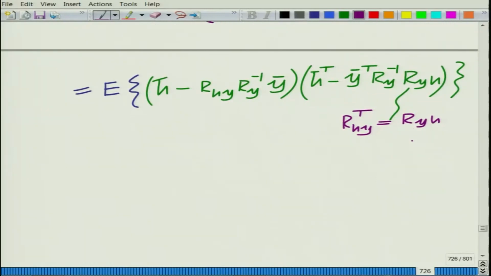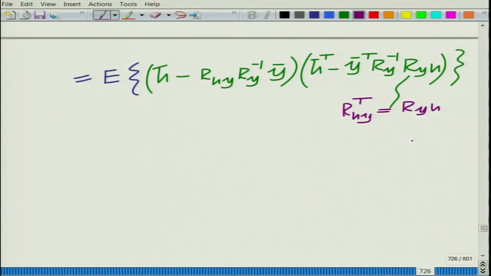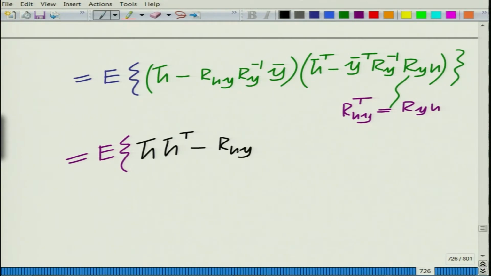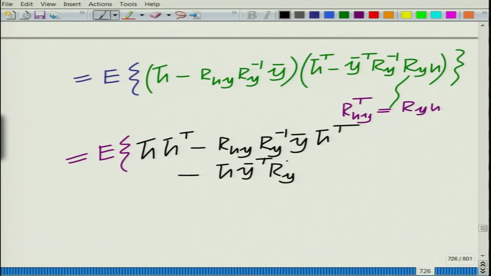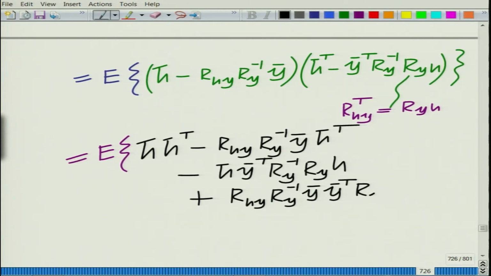Okay. Therefore, now if we simplify this quantity, you will have the expected value of, writing it term by term, h bar transpose minus R_hy R_y inverse y bar h bar transpose minus h bar y bar transpose times R_y inverse into R_yh, plus R_hy into R_y inverse into y bar y bar transpose into R_y inverse